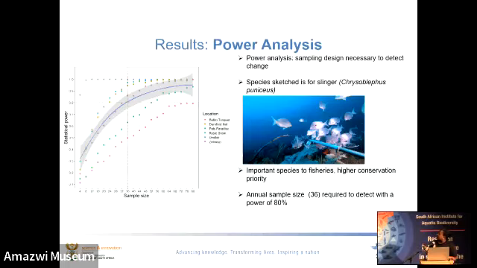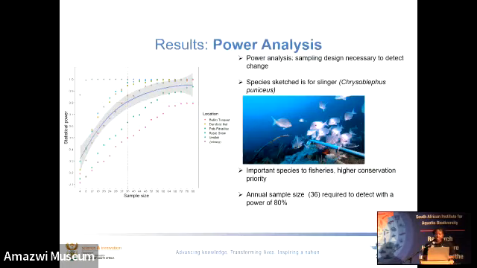What we see here is that we need a total of 36 samples in order to detect a 10% change in slinger abundance